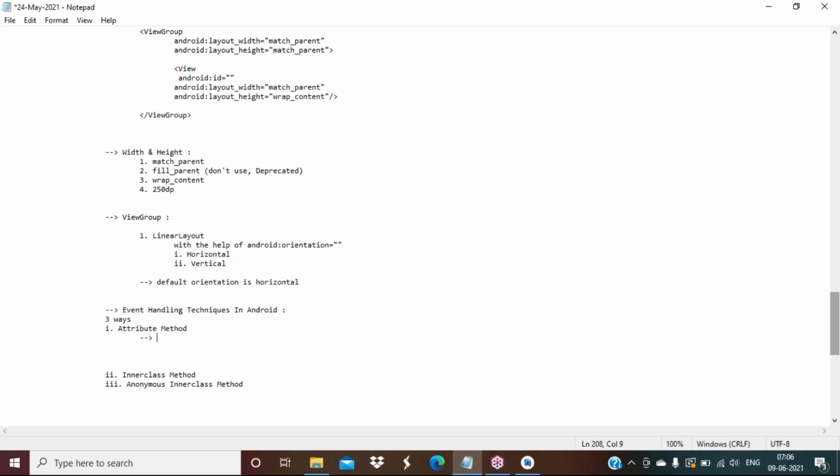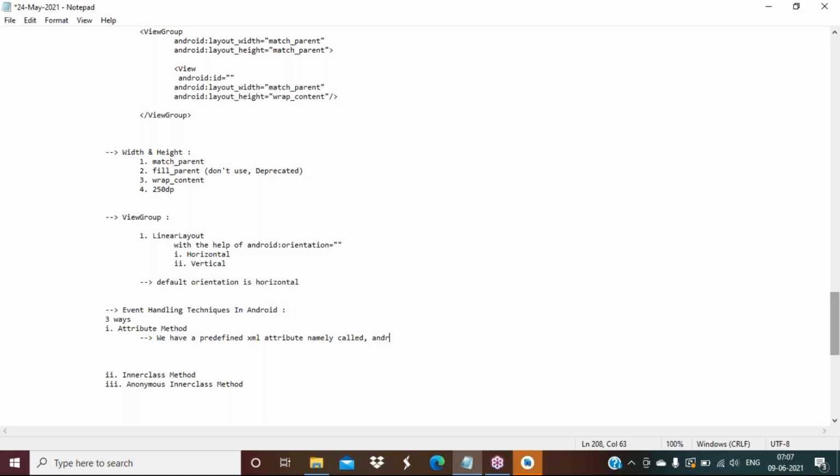Why is it called the attribute method? Because we have a predefined XML attribute. Yesterday we discussed XML attributes like layout width and layout height. Like that, there is one predefined XML attribute.